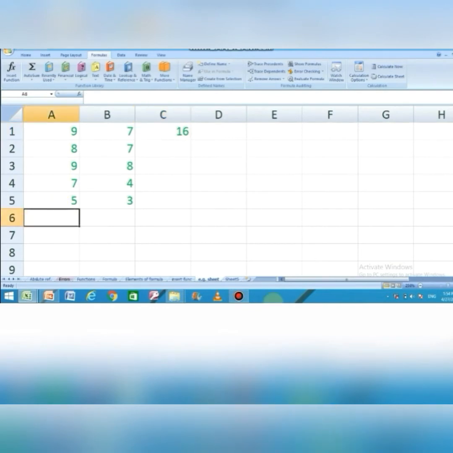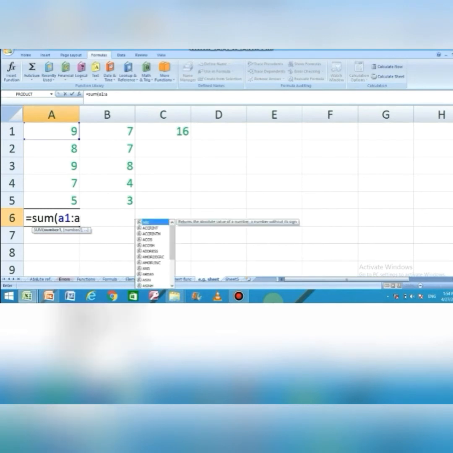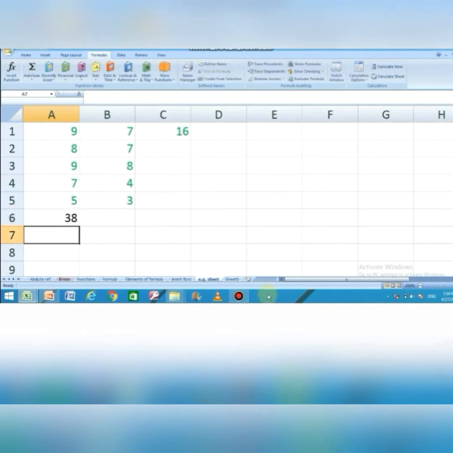Write equal to sum, a function here, bracket A1, then range sign to A5. So I have decided a range here and press enter, and this is calculated. So in this example I have used a basic formula with a single operator, which was plus, and a cell range also.